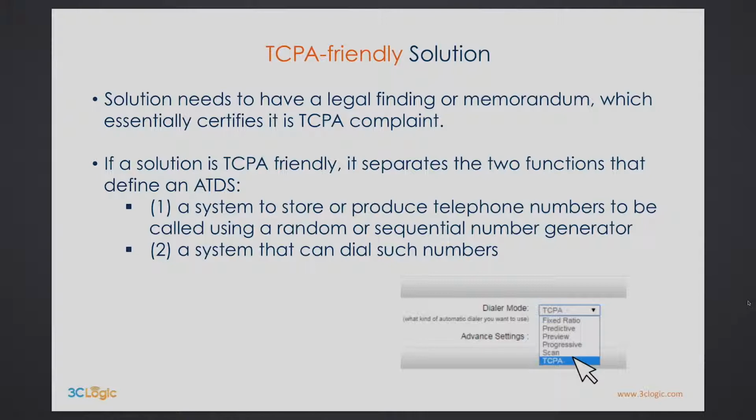The most valuable thing is not the actual making of the call. It is the managing of the leads or the inventory. It is the performance of the agents. It is the record keeping and tracking. So you take advantage of the inventory management and reporting part of your solution, and then you actually make the